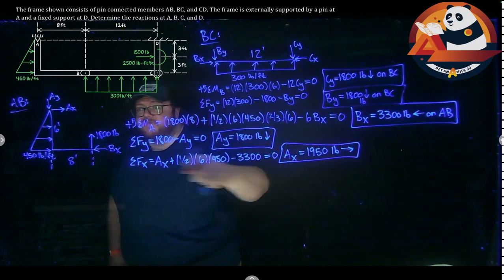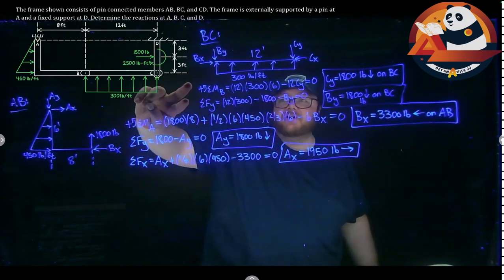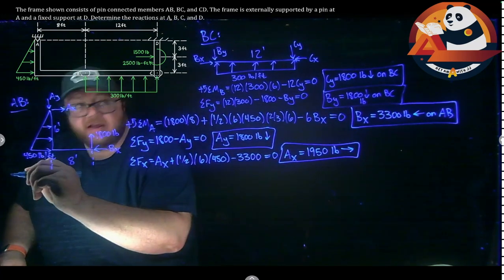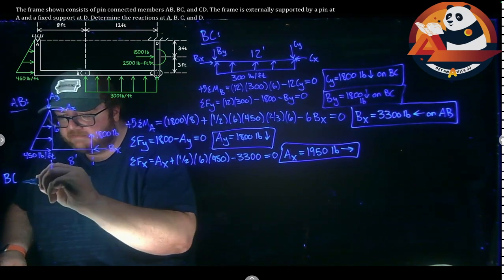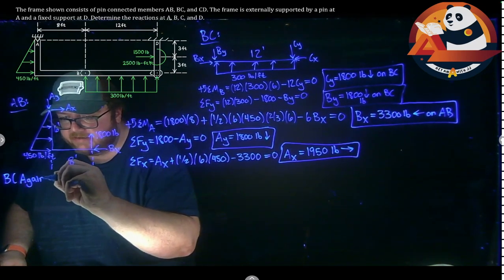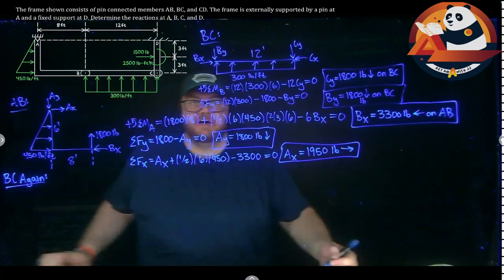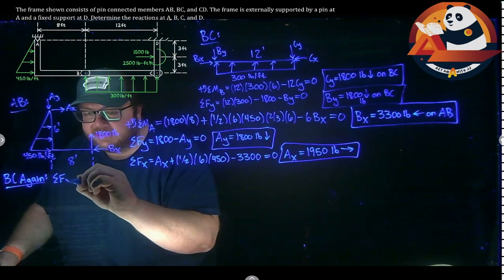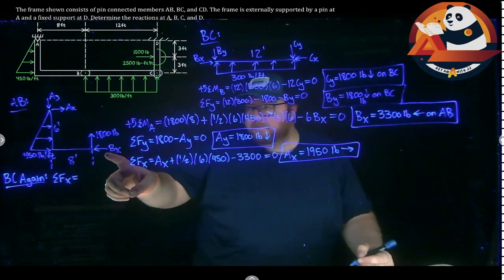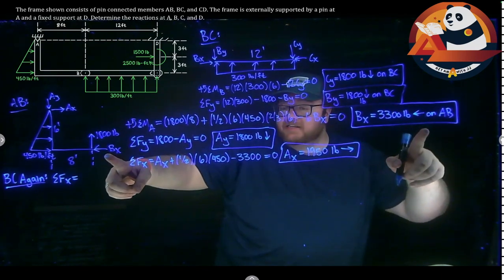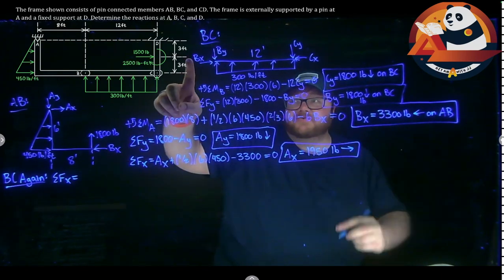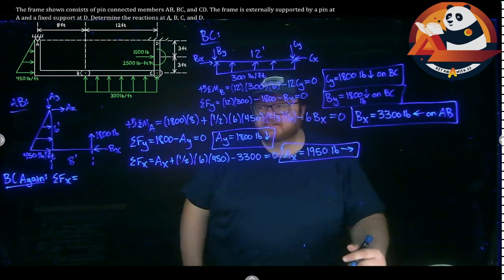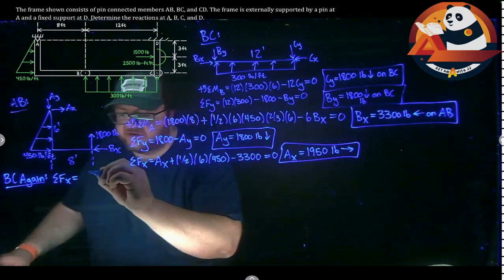So I got 3 unknowns from free body diagram AB. I've only gotten 2 unknowns out from BC, but I found BX, which means we can come back up here and do BC again. And it's just summing forces in the X is all I need to do here. Summing my forces in the X direction, well, BX went to the left on AB. I made a consistent assumption. So if it's to the left there, I know it is really to the right on BC, changing that direction as I move from one member over to the next. So it's positive 3,300